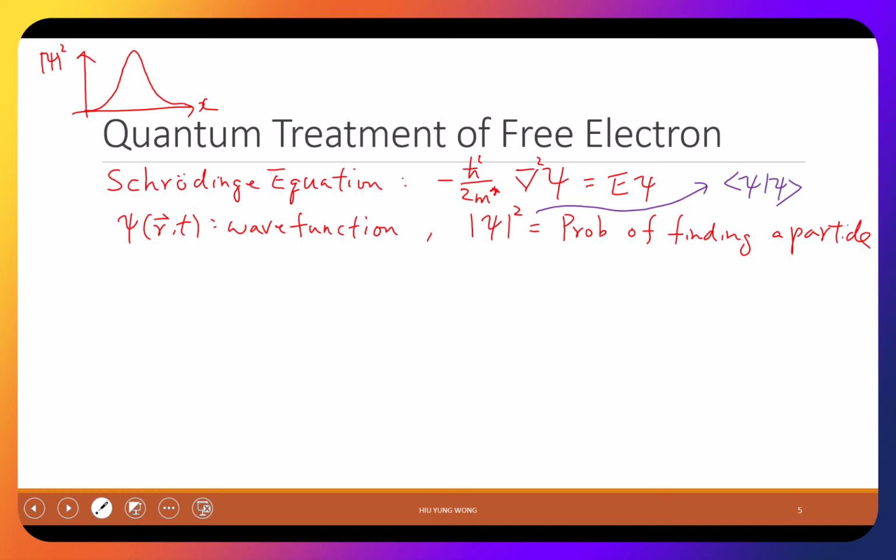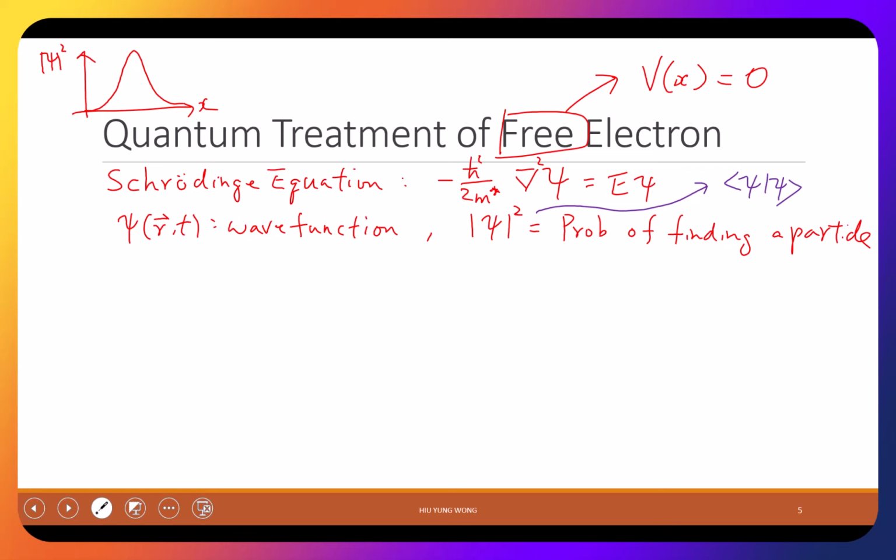Okay, so the whole purpose of this Schrodinger equation is to say that this wave function obeys this equation. And what does it mean? On the left, it is actually referring to the kinetic energy of the particle, right? So this is not a full Schrodinger equation because we don't have the potential energy. We are talking about a free electron. Free electron means the potential equals 0. So it's an infinitely large space. You don't have potential. You don't have positive electric field, right? It's just a free electron. So on the left, it is related to kinetic energy.